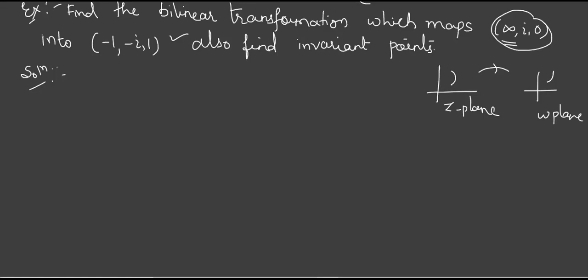So first we'll write the general format. To write the general format, just take it as 4 points. So the first point compulsorily Z. Next you take it as Z1, Z2, Z3. Corresponding to this, take the values of W as W, W1, W2 and W3. You write it like this, it will be easy.